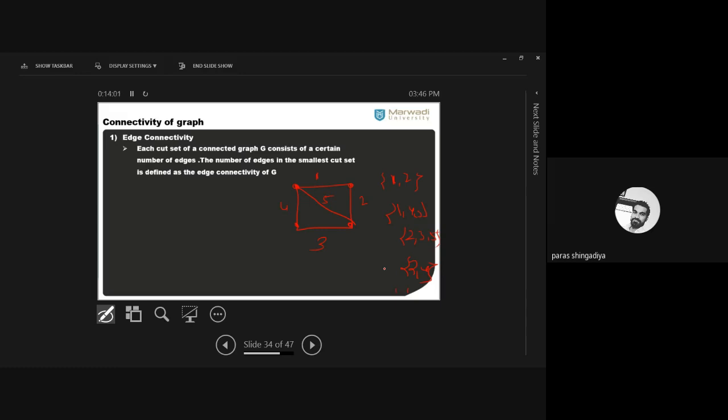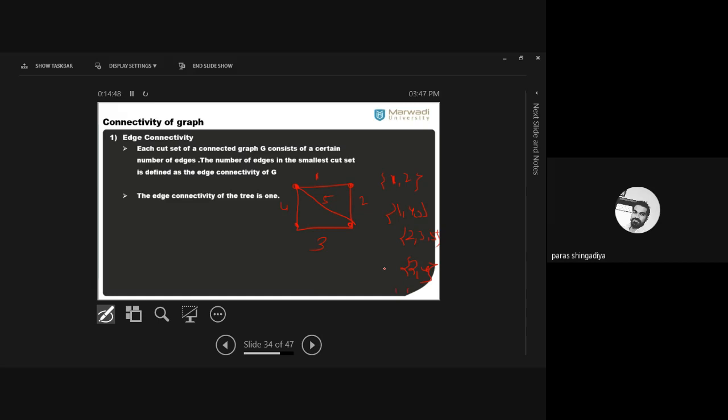Our aim is to find the smallest cut set. Both are smallest in our case, okay, both involve two edges. So both are the smallest cut sets, and you can consider any one of them for your answer. Here you have to remove two edges, 1 and 2, to disconnect this part. Here too you have to remove two edges to disconnect this vertex. 3 and 4 here, and 1 and 2 here. These both are the smallest ones. Clear? For the answer you can consider either count, so both will be the same. So what is the edge connectivity of this graph? It is 2. Is it clear? What is the edge connectivity of this graph? It is 2.